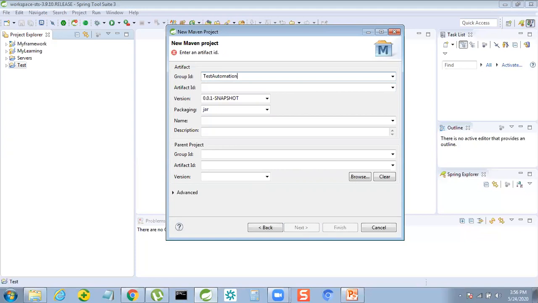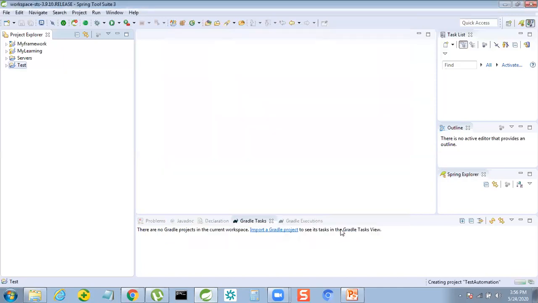The artifact ID I will also give the same. That's it. You don't have to enter any of the other fields listed here, and click on finish. If you look at the bottom, it is creating test automation. So it is in the process of creating the Maven project for you guys.